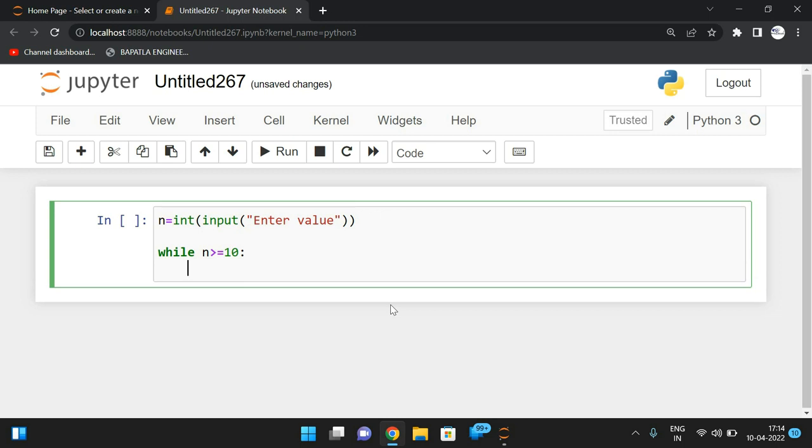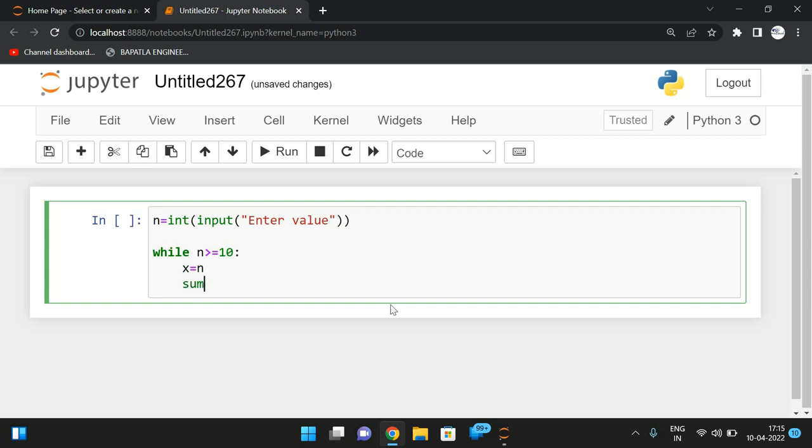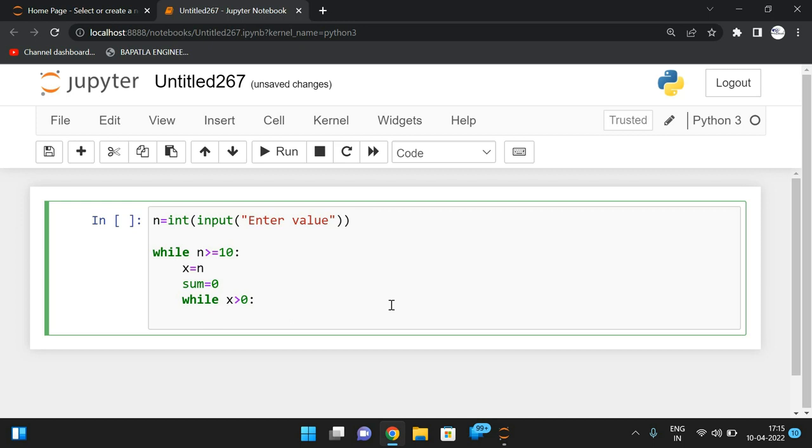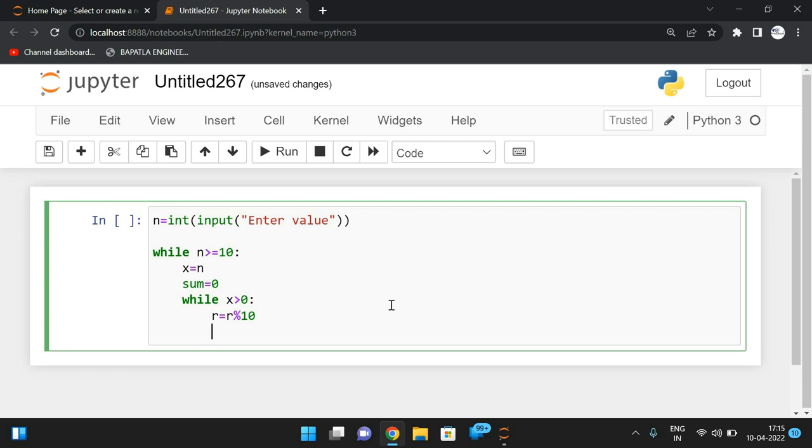So in that, I will copy this n to one more variable, x, and finally I will give the sum as 0, and now I will find the sum of the internal thing. So while x is greater than 0, until x is greater than 0, we need to repeat that. So first of all, we need to find the individual digits. So remainder r is equal to x mod 10, so that we'll get one individual digit. So we have to add that particular digit. So I will go with sum is equal to sum plus r,